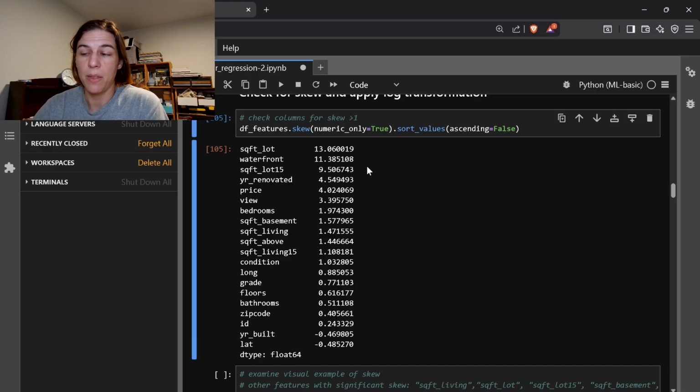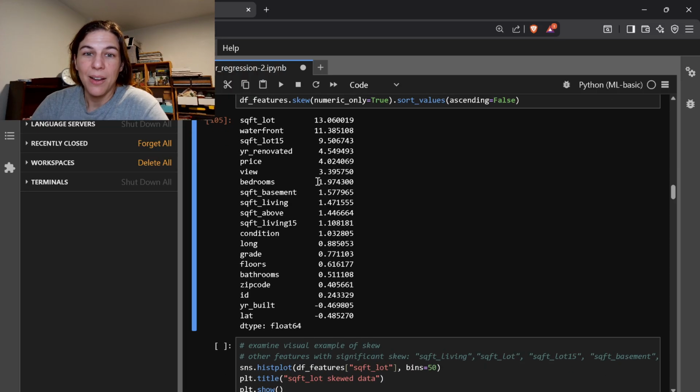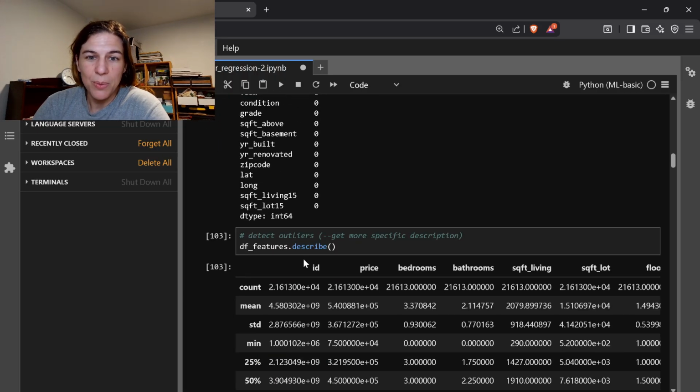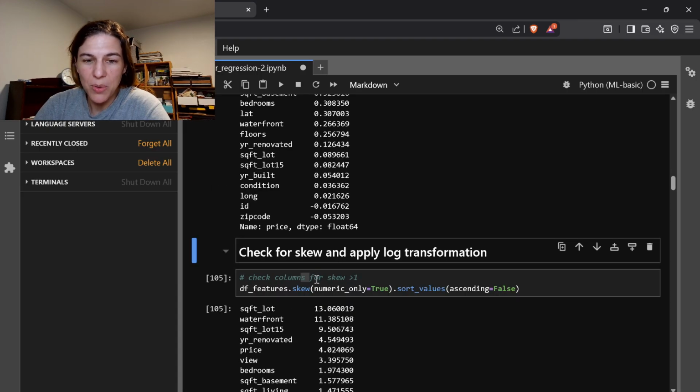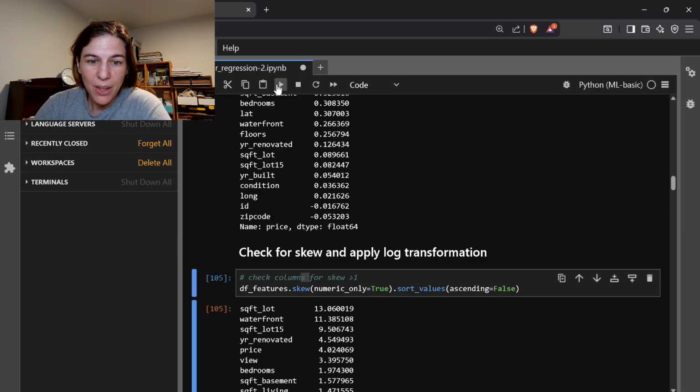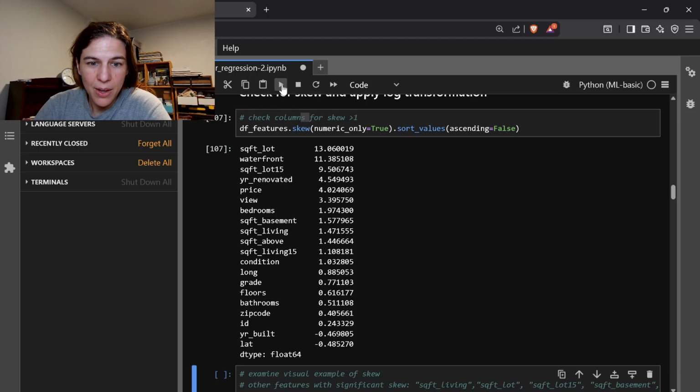Initially, I was doing other ratios, like a ratio of price per square footage, and realized that my input was mathematically dependent on my output, and that's why I restarted this video. I don't know, the things you notice in the middle of a project. It's pretty interesting. It's an interesting way to learn for sure. Okay, so check for skew, and then